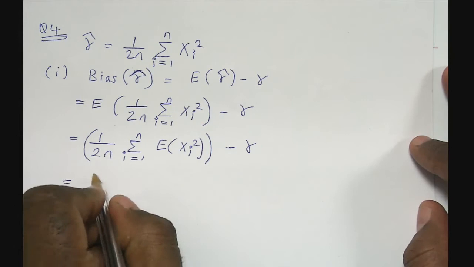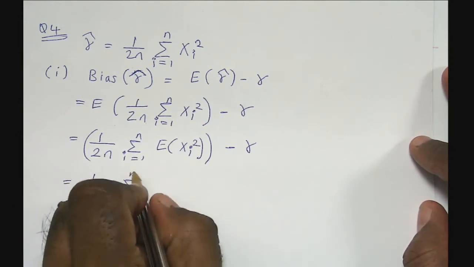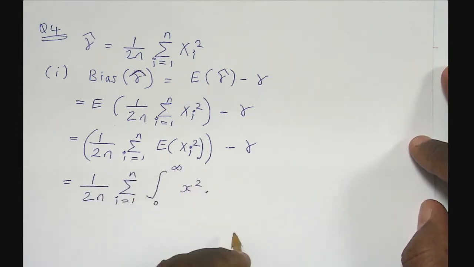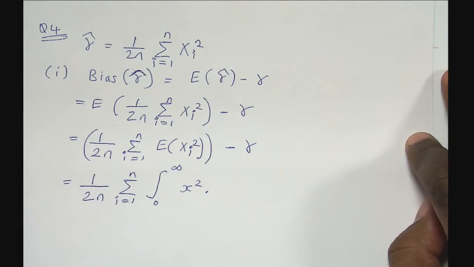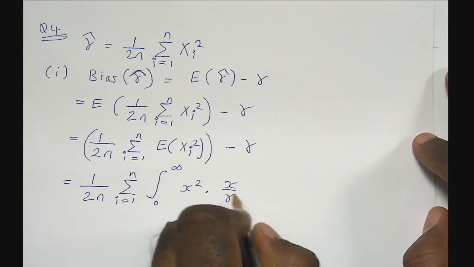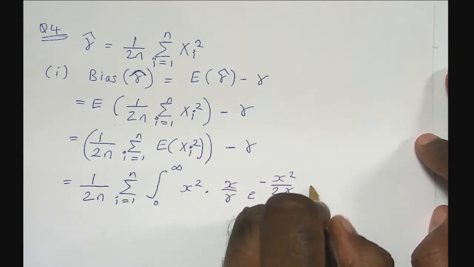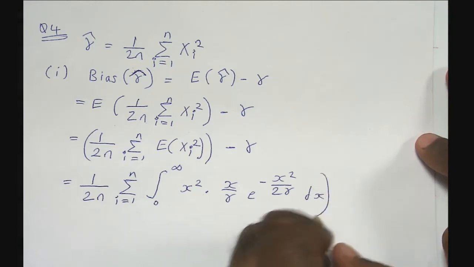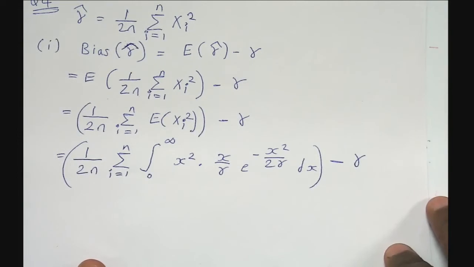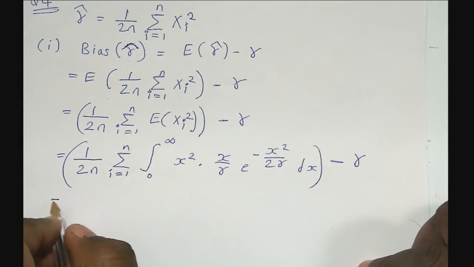So you need to find this guy, just simply integrate from 0 to infinity of x squared times the PDF, which is given in the question, as x divided by gamma times ... yes? Are you guys with me so far? Yeah. Alright, now you can pull the gamma outside, so this becomes 2